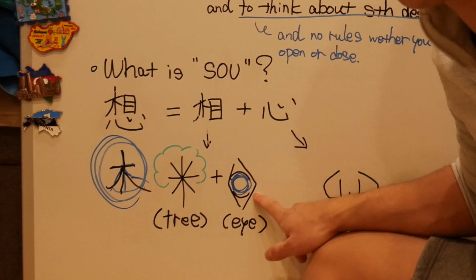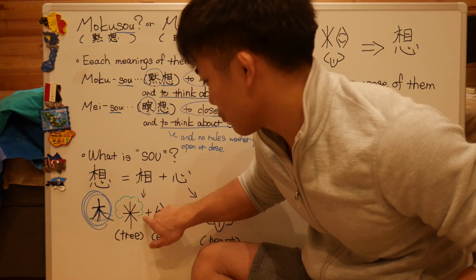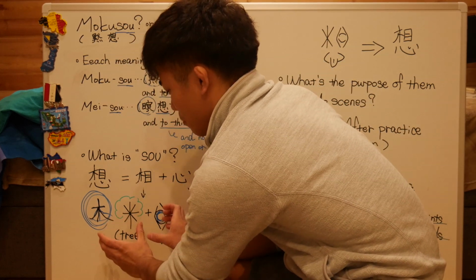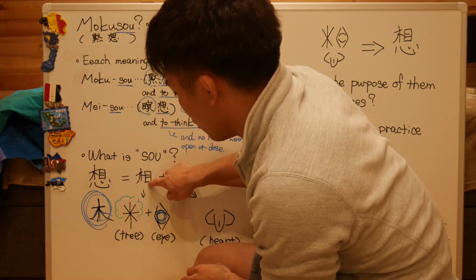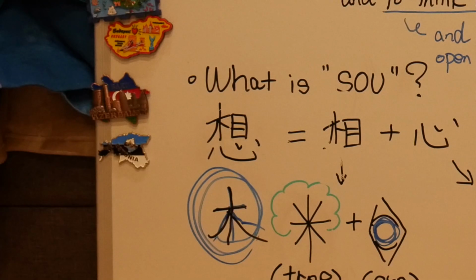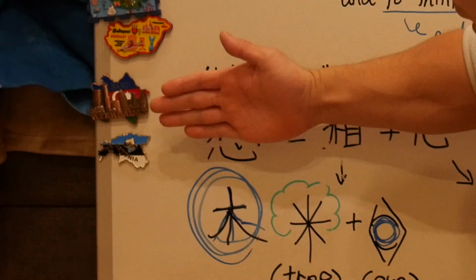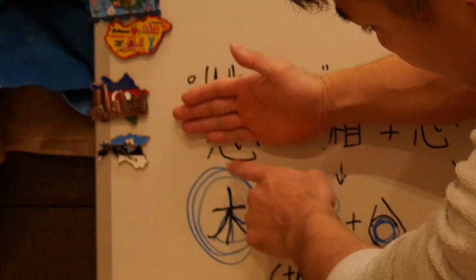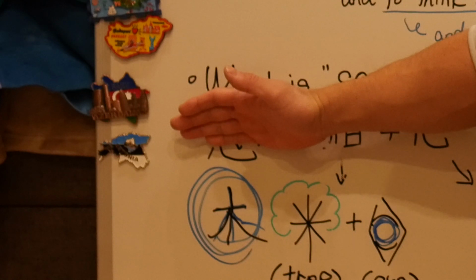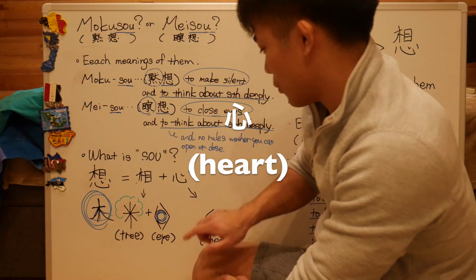for the kanji letter. And they are combined into one letter. Looks combined together. And then another part below, it's pronounced shin or kokoro. It means heart. So this